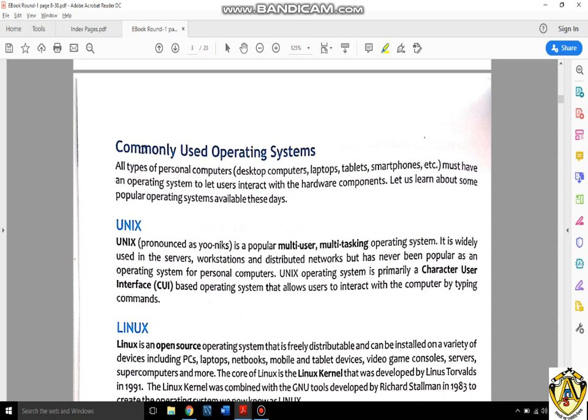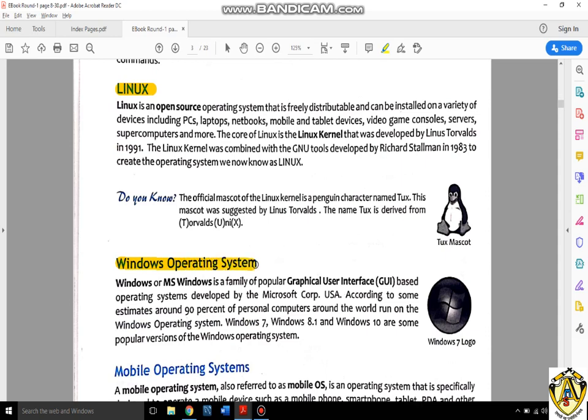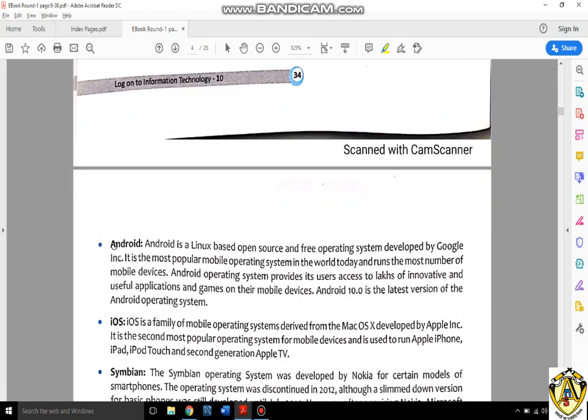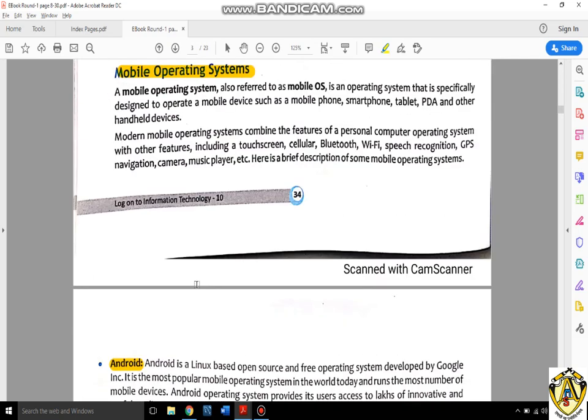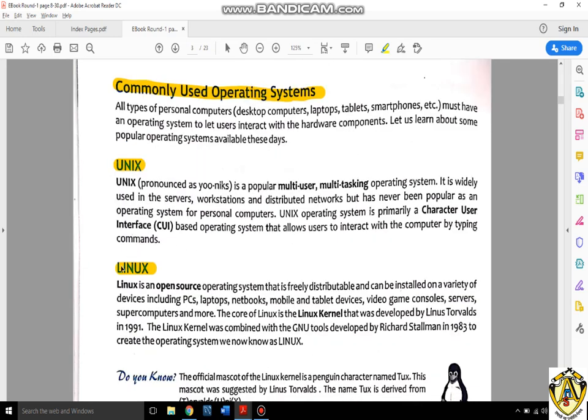Let's have some commonly used operating systems throughout the world. Look at these examples: Unix, Linux, Windows operating system, and mobile operating systems, in which we have Android, iOS, Symbian. These are all the operating systems that are available around you. Out of them, Unix and Linux are the most popular multi-user operating systems.